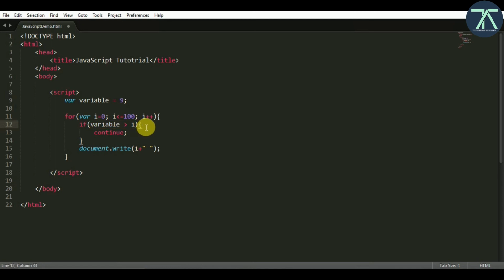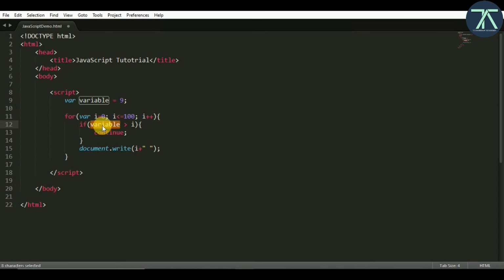When it's true, it comes inside, and whenever the compiler executes this continue statement, it will not execute any other code under it. Rather, it will go back to the loop, increment i, check the loop condition again, and come down and check this again.